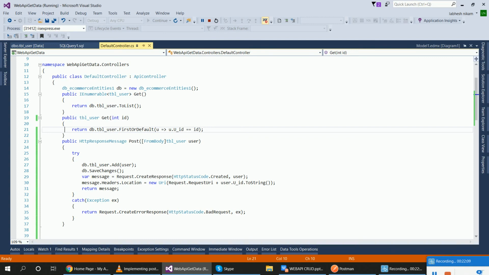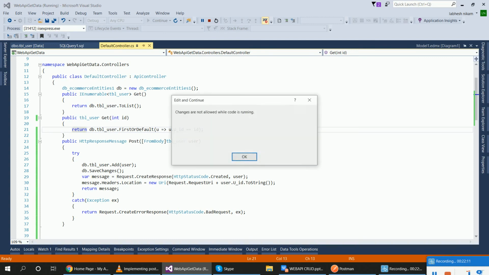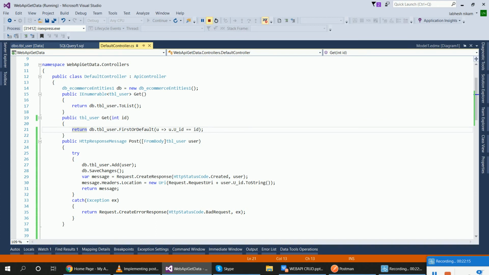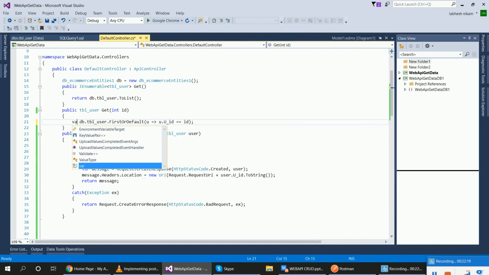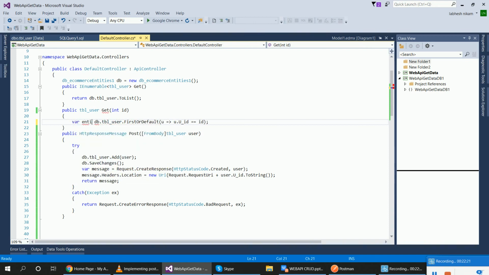For that we will create one variable, entity equal to db.tbluser.FirstOrDefault.